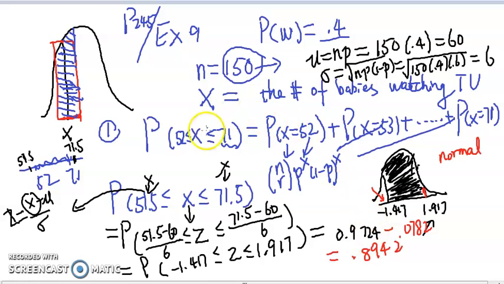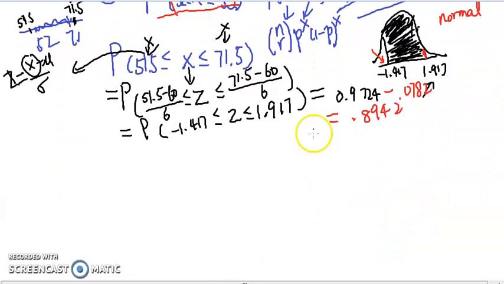Going back to the original question, there's almost a 90% chance that out of these 150 babies, the number of babies that watch TV will be between 52 and 71 inclusive. So 90% you have this many babies watching TV regularly. Similarly, so this is an in-between case. Similarly, if we do